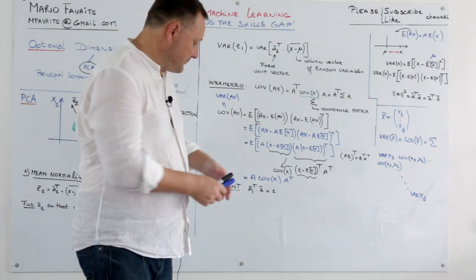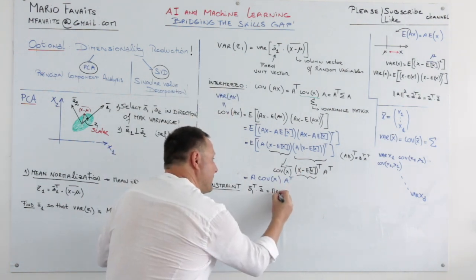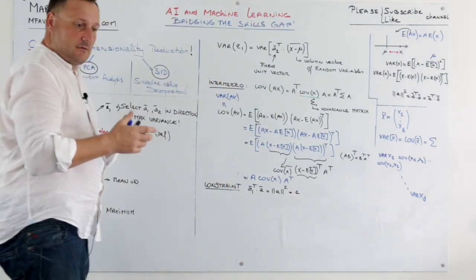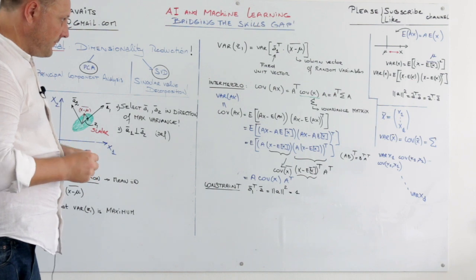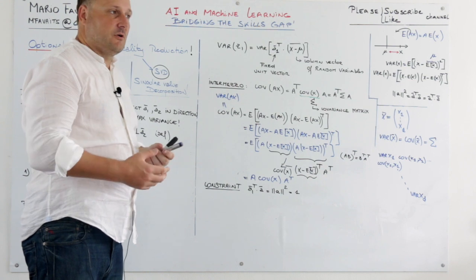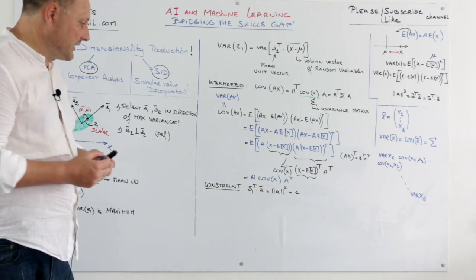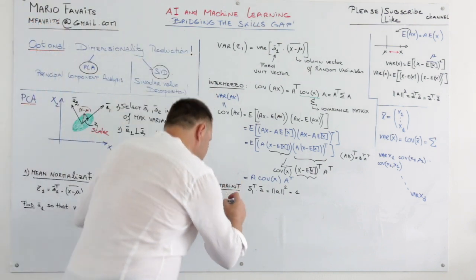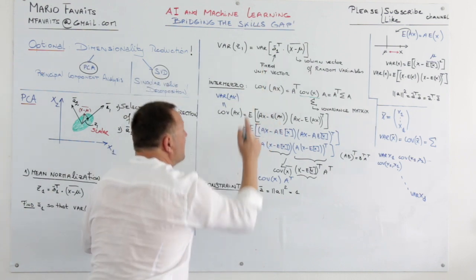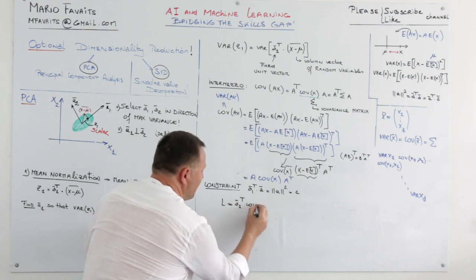So just to make it a bit simpler, this is A squared, and A is the unit vector, so it will be 1. Now, we want to maximize the variance. We have a constraint. So that brings us to the Lagrange multiplier, a maximization problem with a constraint. And the Lagrangian is going to be A1 transpose covariance X